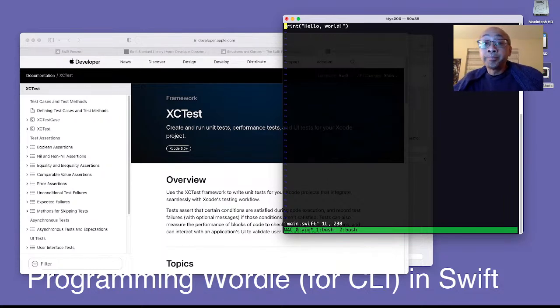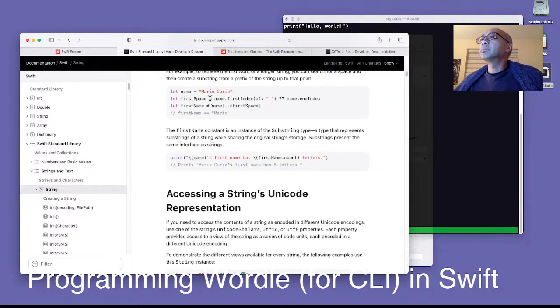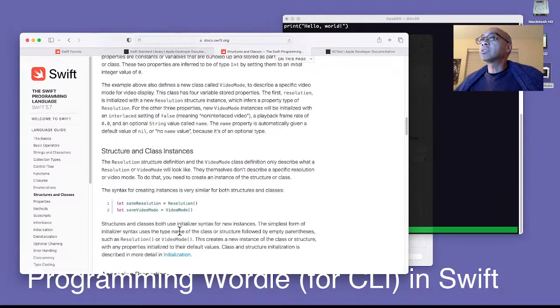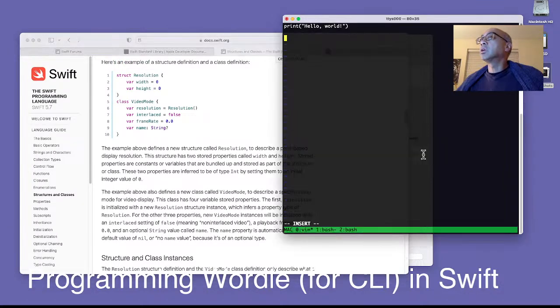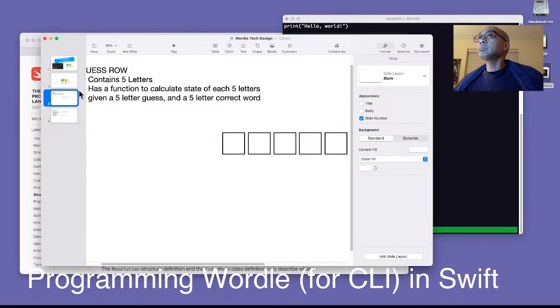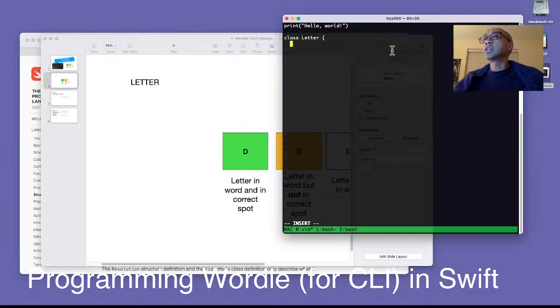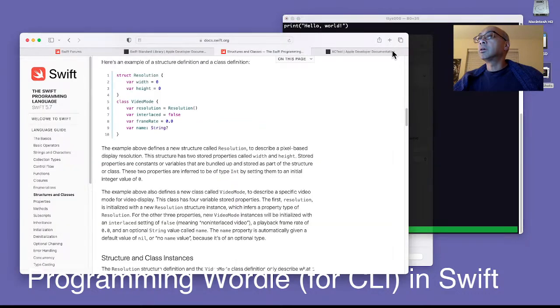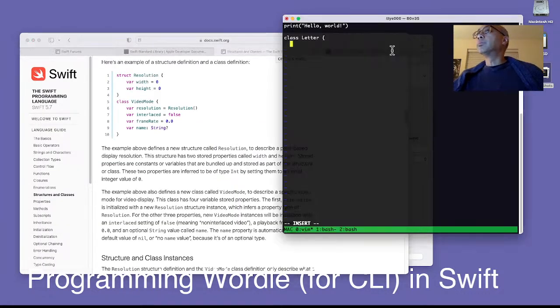So, yeah, I think what we'll do is just make a class, call it letter, and it will of course have a property letter, which I will call, and I think if I leave it at this, I can then say let